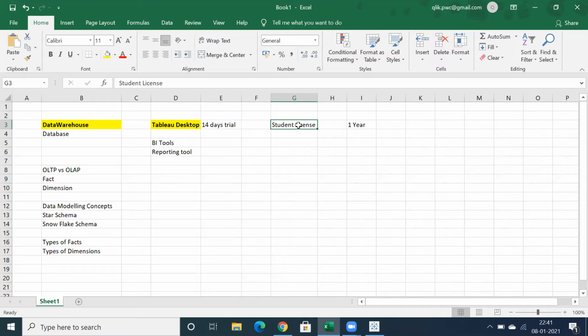One license helps for a couple of persons, 2 users or 2 computers. Even if you have multiple versions of Tableau, you can have only one license. Initially they provided for 3 users, but now they're restricted to 2 users.